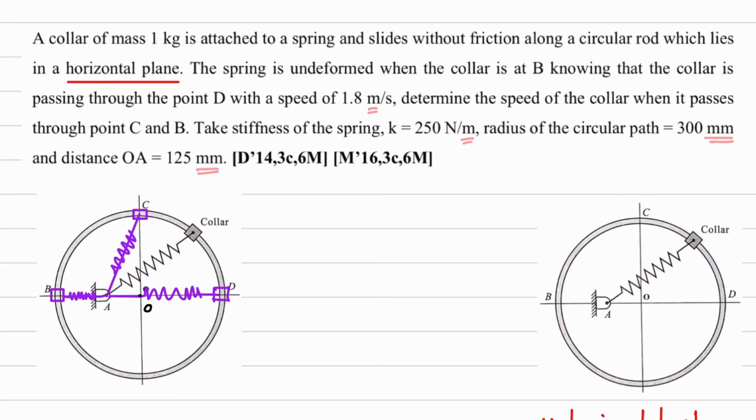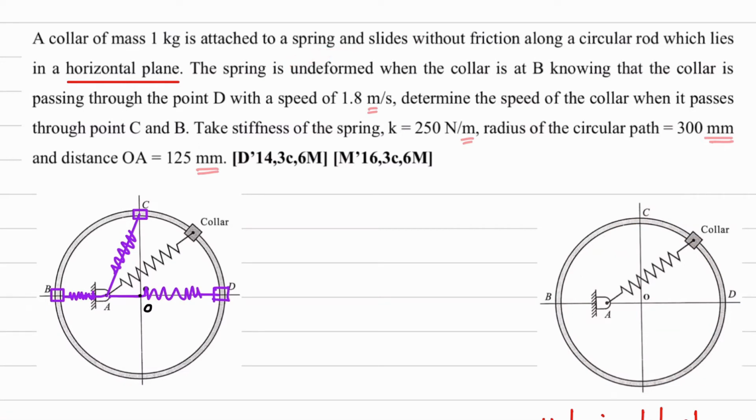Now here comes the very important concept of this numerical. We have only spring force. Okay, we don't have potential energy change. Potential energy is also conservative; whatever work is done by the weight is also a conservative force. But in this numerical, we don't have friction. Because of that, we can consider motion from D to C in this way, or we can consider D to C motion in this way. It doesn't matter because we have only spring force.